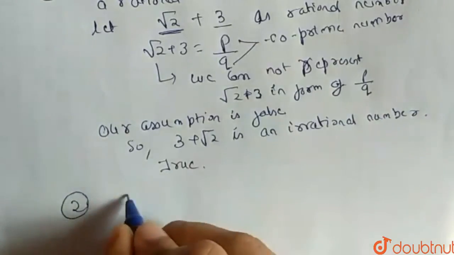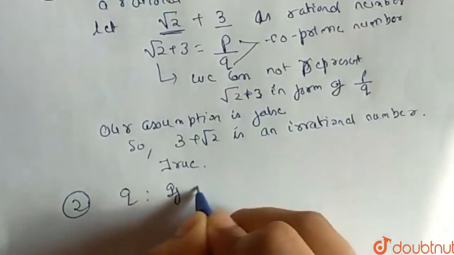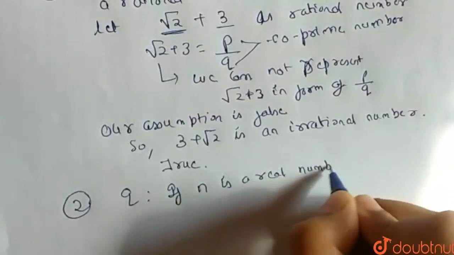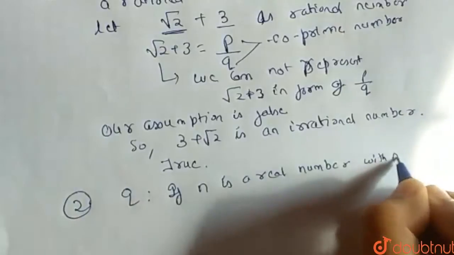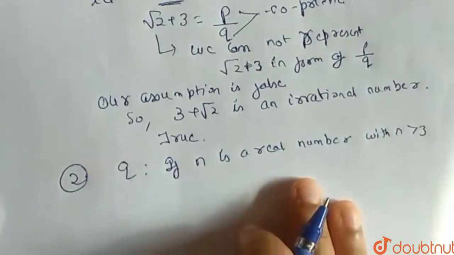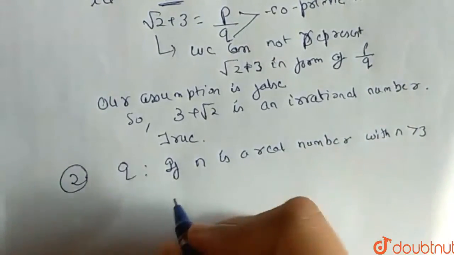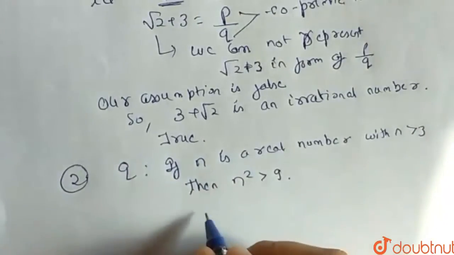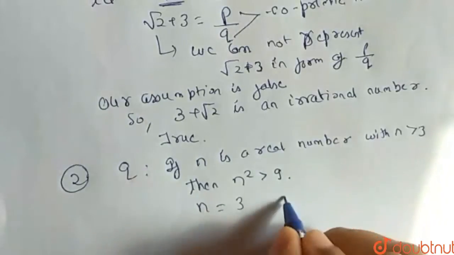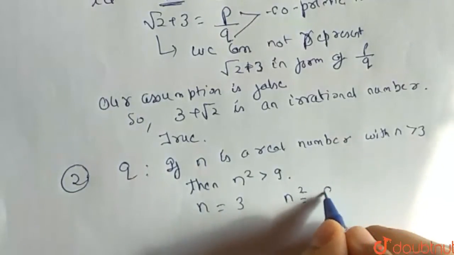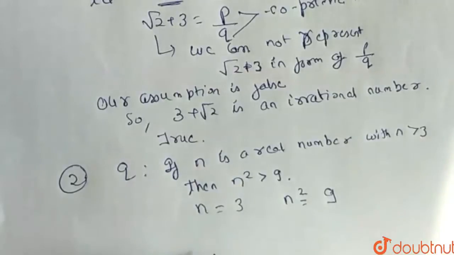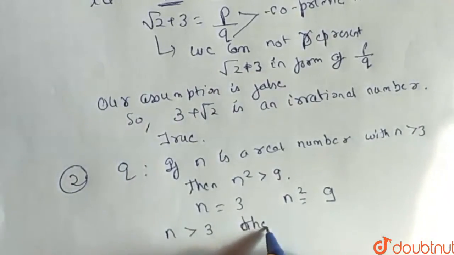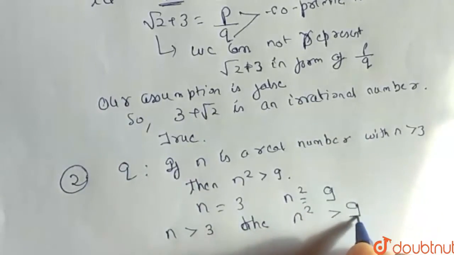Now in the second one we have Q: if n is a real number. Here the given statement is, if n is a real number with n greater than 3, then n square is greater than 9. So if we let n equal to 3, then its square value, n square, is equal to 9, and as we know, if n is greater than 3, then n square is greater than 9,